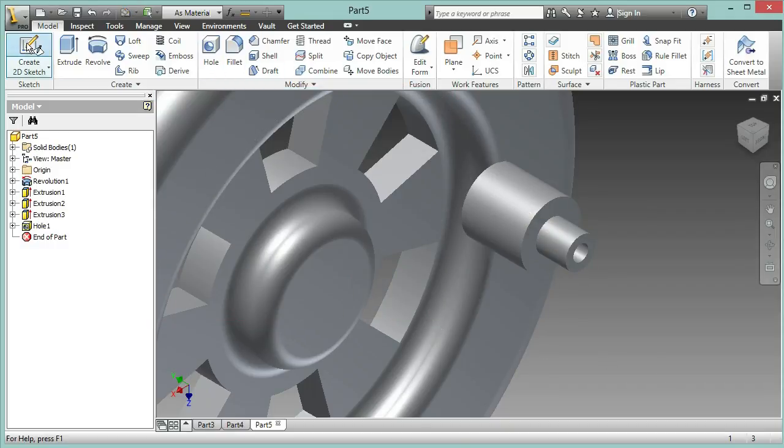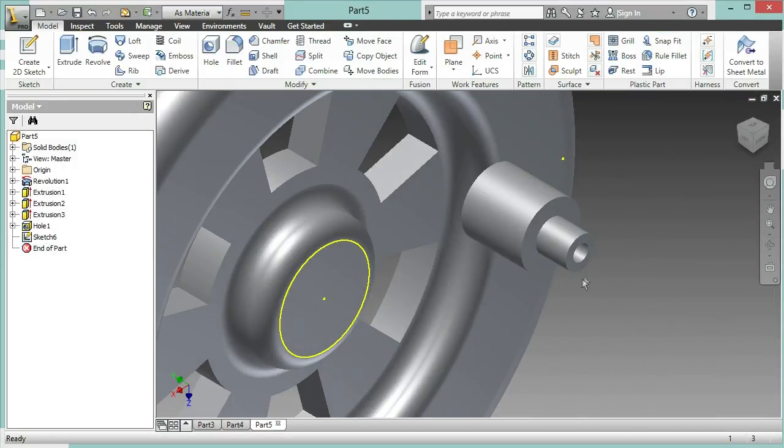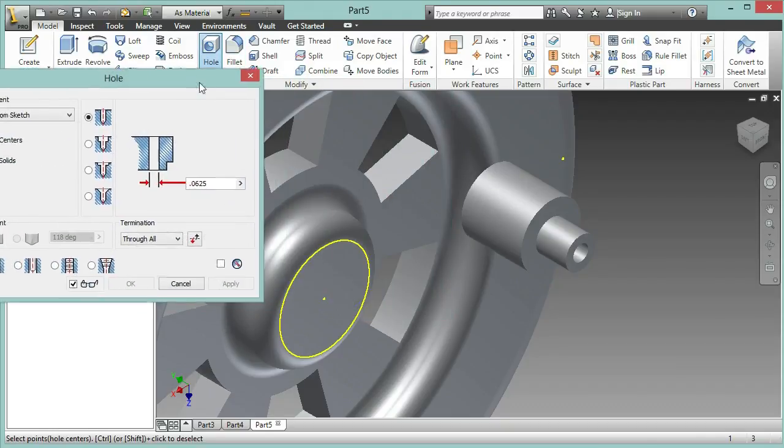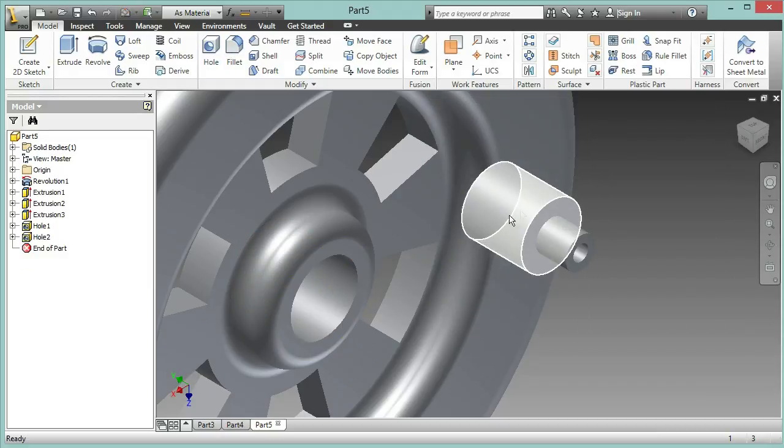And now I'll create another sketch for my second hole on this face, and my hole will be on this point right here. Now it'll be a 0.28 inch hole,